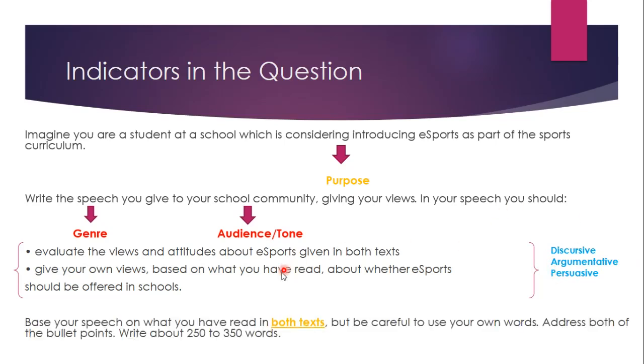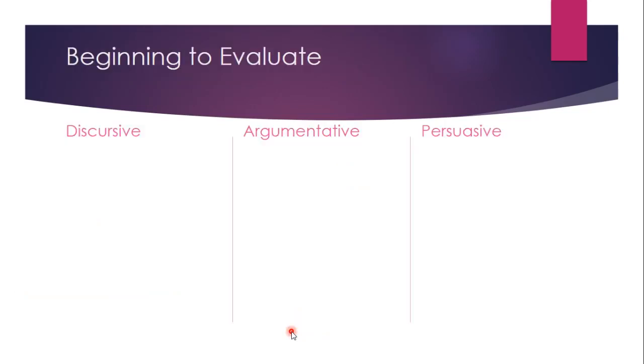But before that, you must remember that you have to read two texts, and both texts are going to have polarized opinions within them. The two texts you have to read in a directed writing activity are likely to offer two different views on the topic, but you may find one side already more in keeping with your own views than the other. Let's read what discursive, argumentative, and persuasive techniques are.